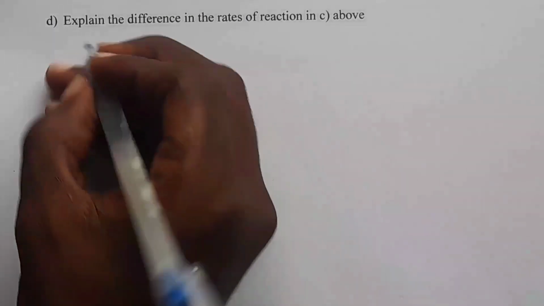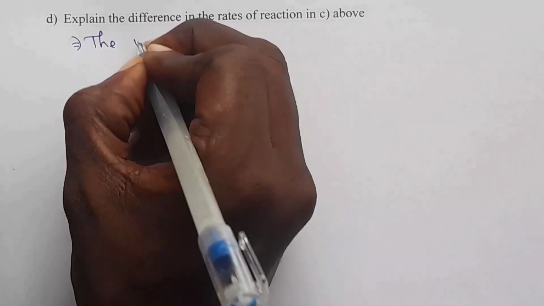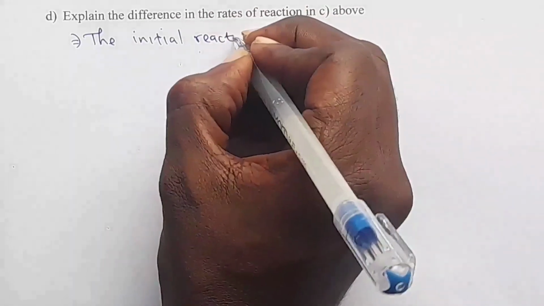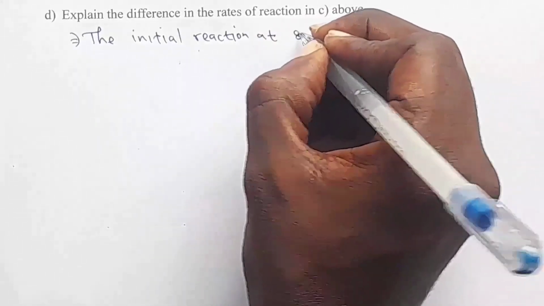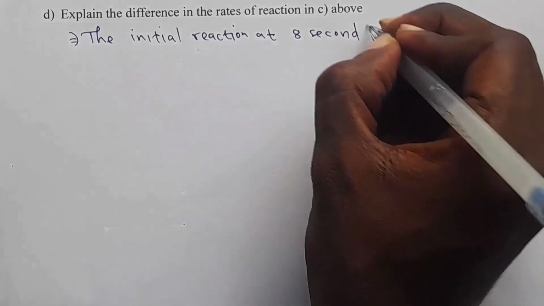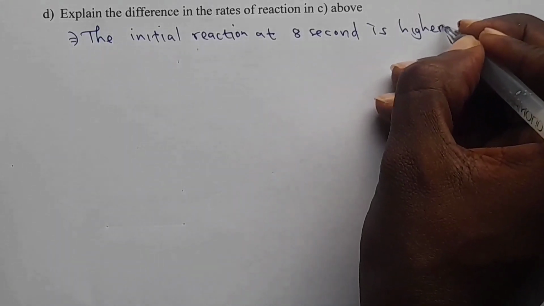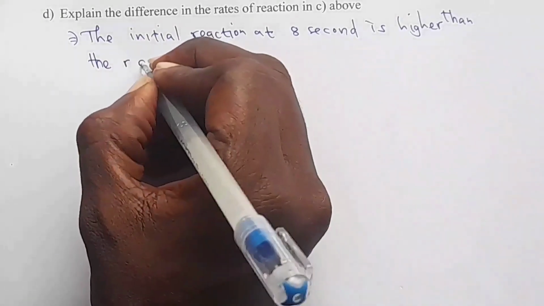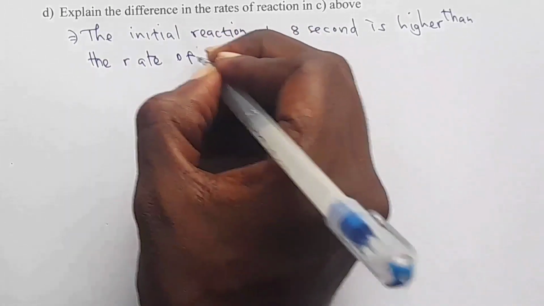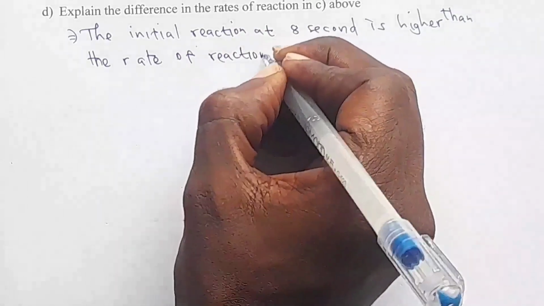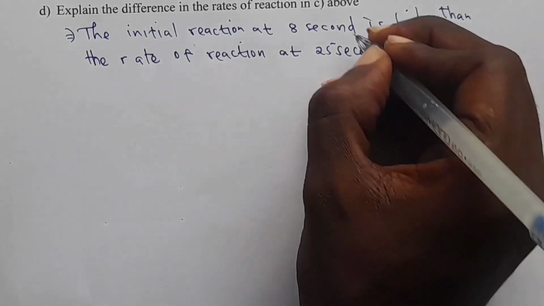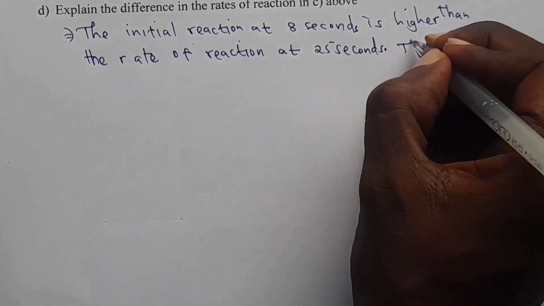So we are going to say the initial rate, that's at 8 seconds. So we are going to say the initial rate of reaction at 8 seconds is higher, because we have seen it, than the rate of reaction at 25 seconds. Reason? What is the reason? This is because